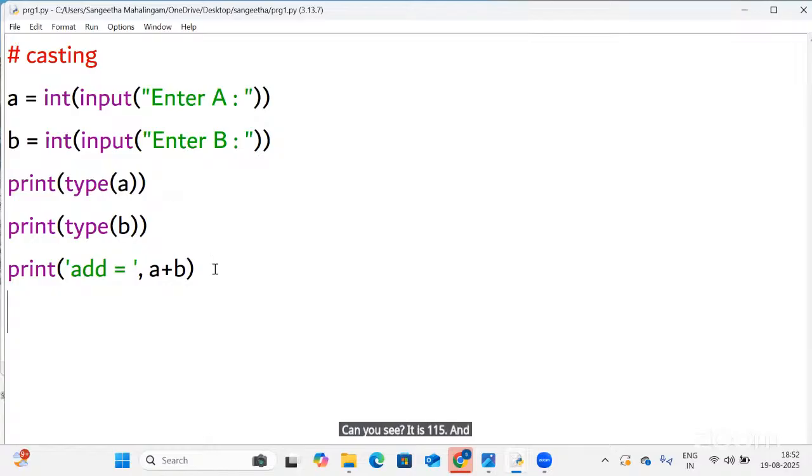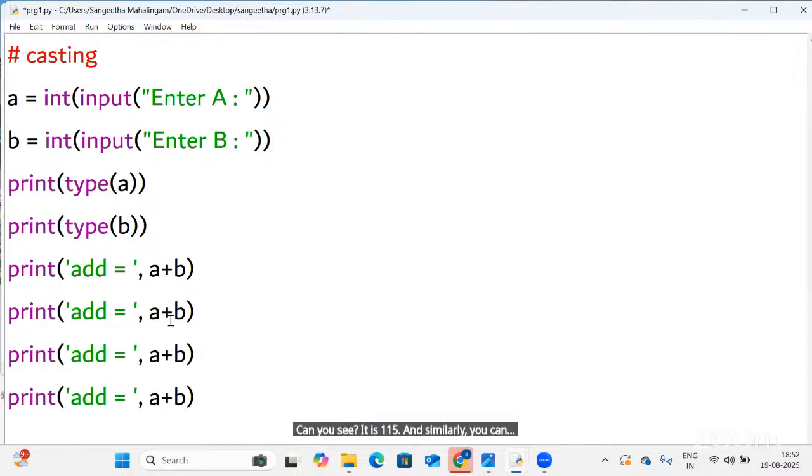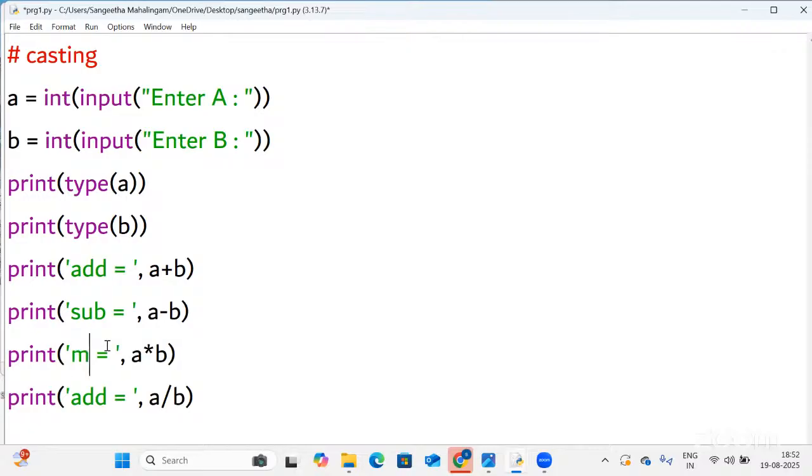And similarly, you can change it, like A minus B. So that's all.